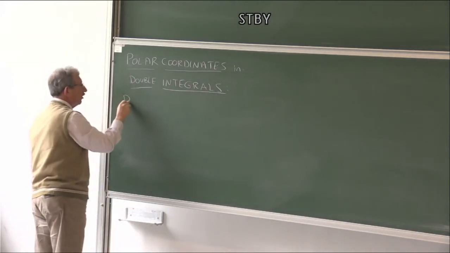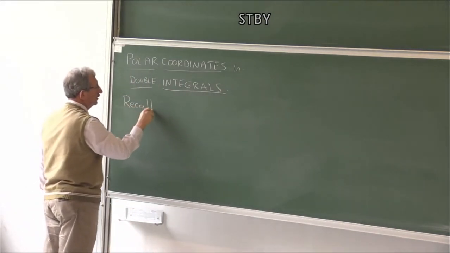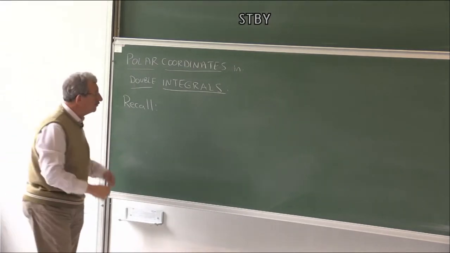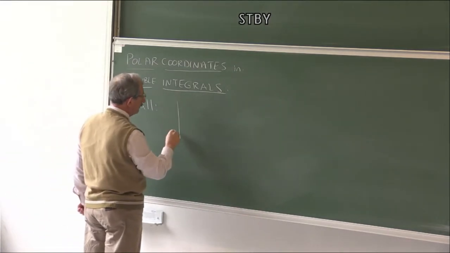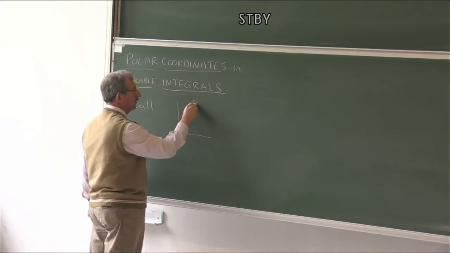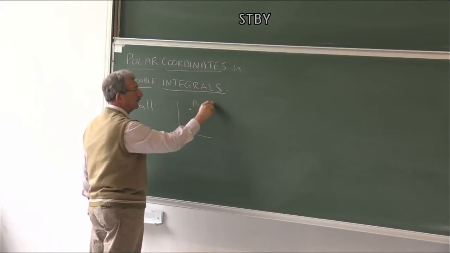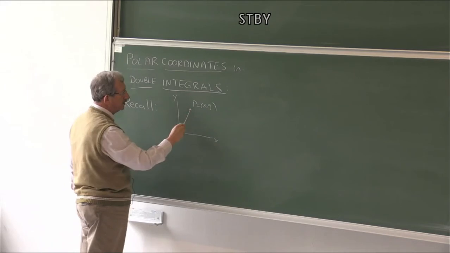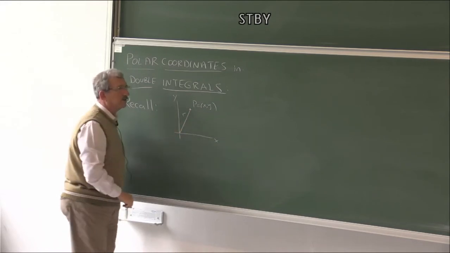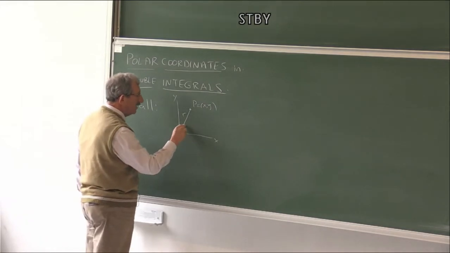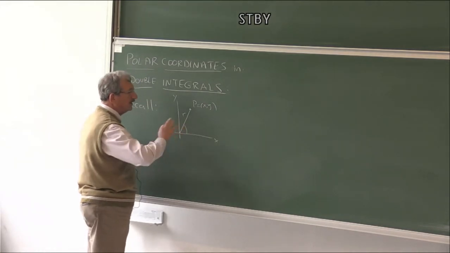Let us recall what polar coordinates were in the plane. Namely, it was the following. For a point (x, y), we connected that to the origin, and this length was denoted by r, and the angle with the positive x-axis